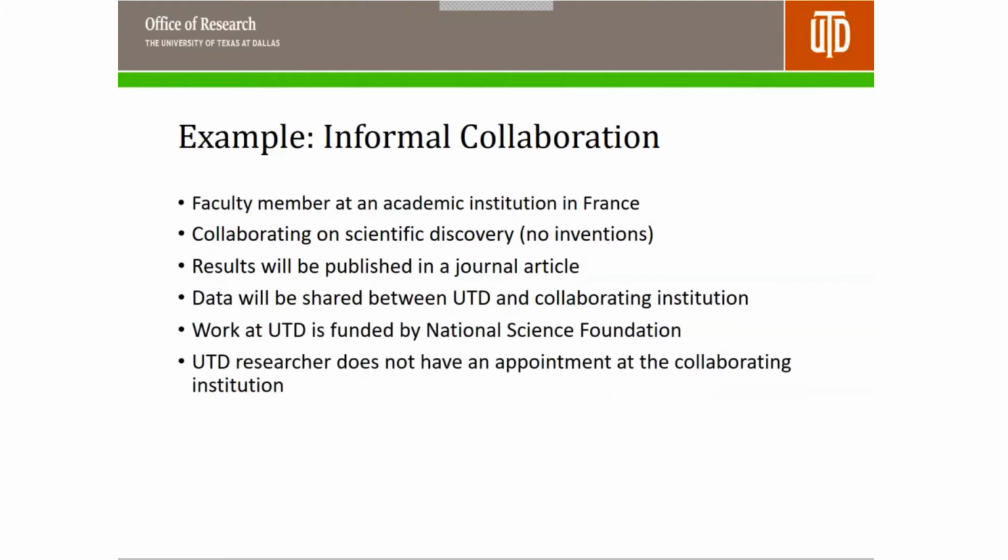So the example that I want to use is actually, I would say, the least complicated example of a research collaboration, because I think it still shows that even at this informal level, there are still risks for export control and conflict of commitment compliance. This is loosely based on a faculty member that came to me with some questions, and we discussed basically these exact considerations. It was a UTD faculty member and a faculty member at an academic institution in France, and they had been working on a similar